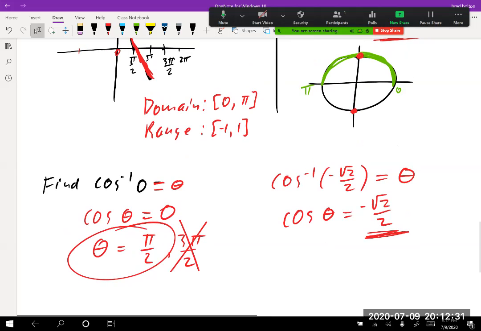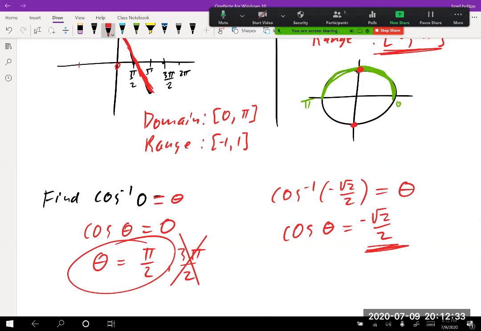Well, we know that cosine is negative in quadrant 3 and quadrant 2. This would be 45 degrees in quadrant 2, so that would be 135, and then this would be 215, or 3 pi fourths and 5 pi fourths, okay? So we can't count this one because it's in the wrong quadrant. We're only allowed to use this one. So we're going to say theta is this one,